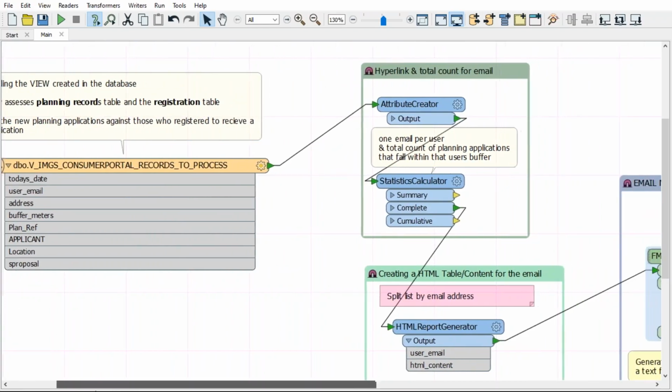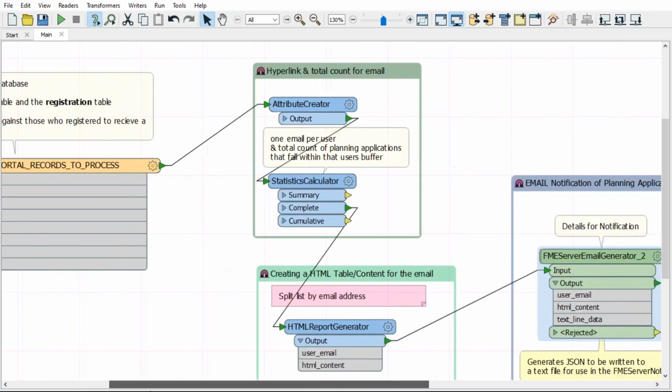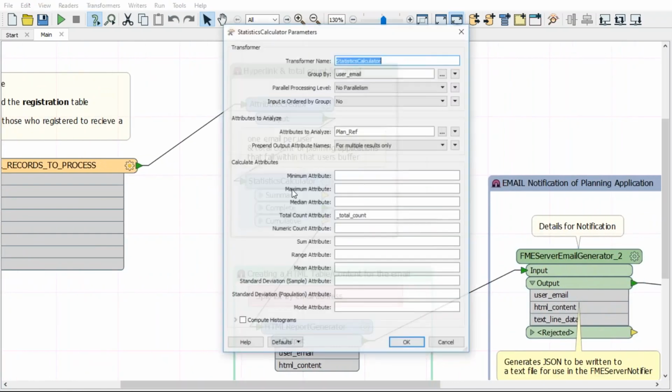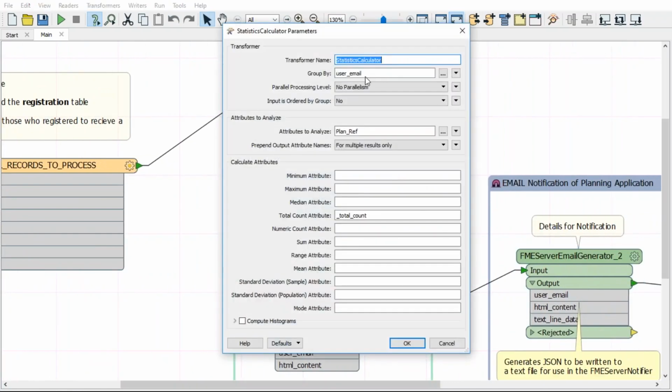So what it needs to do is read all those records. We are going to push them into the statistics calculator, and we're going to group by user email, because we want to get a count of changes that happened for that user within the last 24 hours. So we don't want to send them one email for every change. We want one email in total that lists all of the changes. So we get a total count,